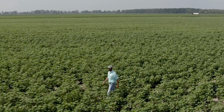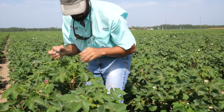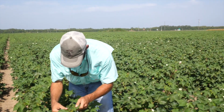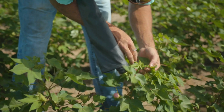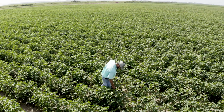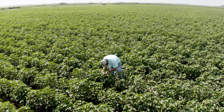These treatments that we had throughout the trial, the plant-based threshold, each week we would go through and look at the plant and check square retention. From this, we'd look at the upper 3 to 5 positions on the plant, see where there's missing fruit, and collect data from that to see when we would trigger a threshold for needing a spray for plant bugs. And then we'd move from that plot to the next, which would be the insect-based plot,